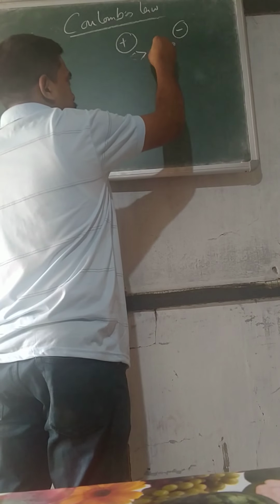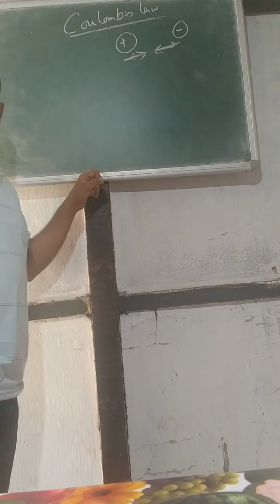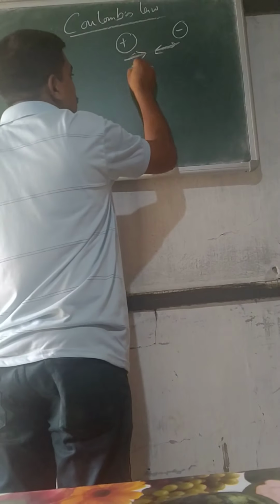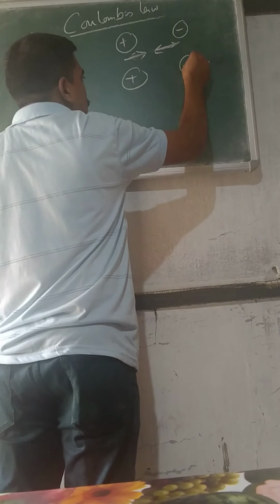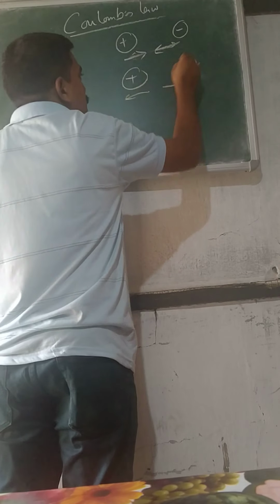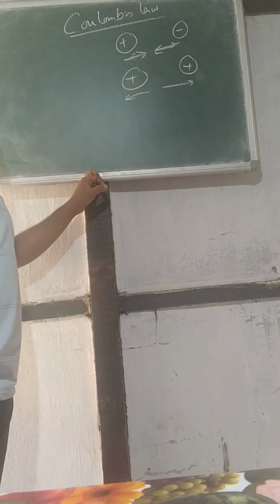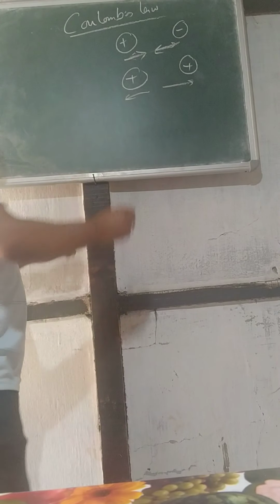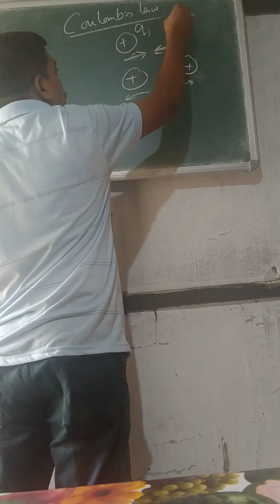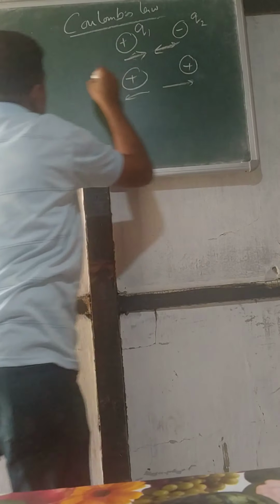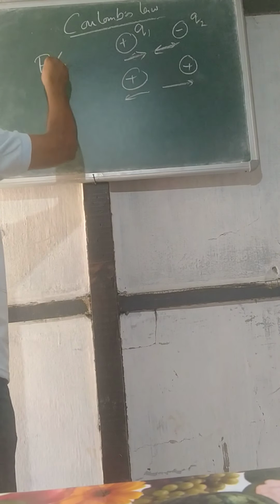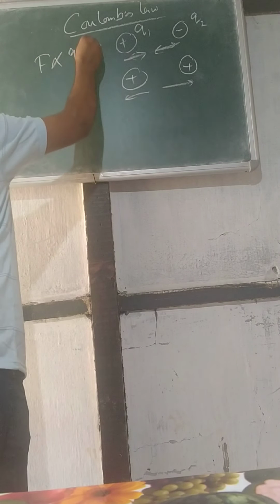This way it will attract. The force of attraction or repulsion, if positive-positive, repulsion will take place, or negative-negative repulsion takes place, is proportional to the amount of charge. Suppose this one is Q1, this is Q2. So force is directly proportional to the product of charges Q1, Q2,